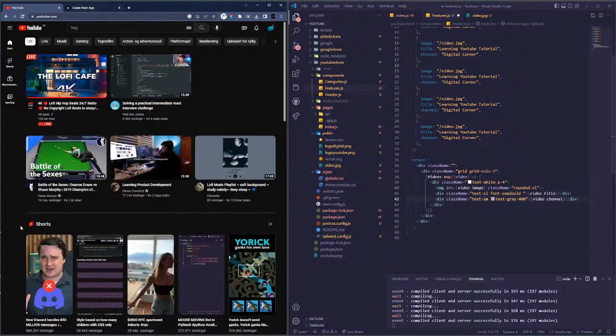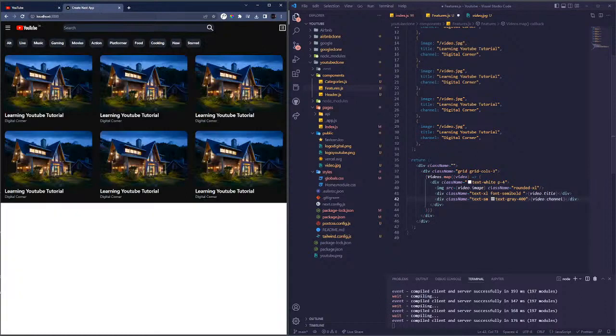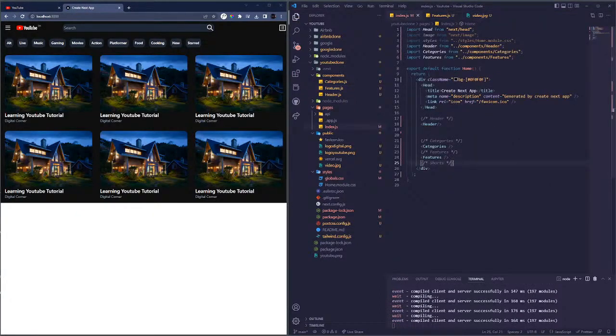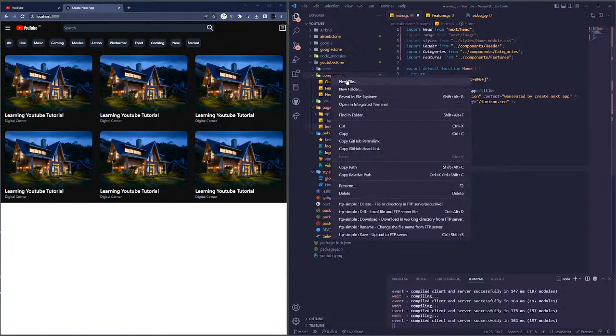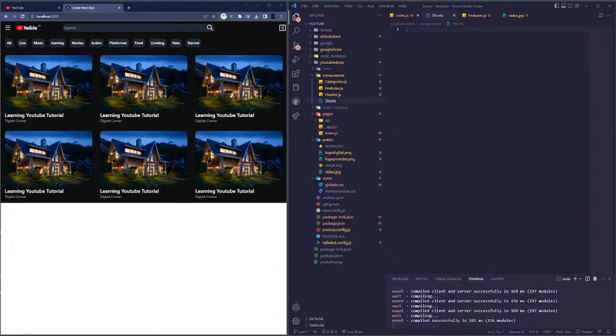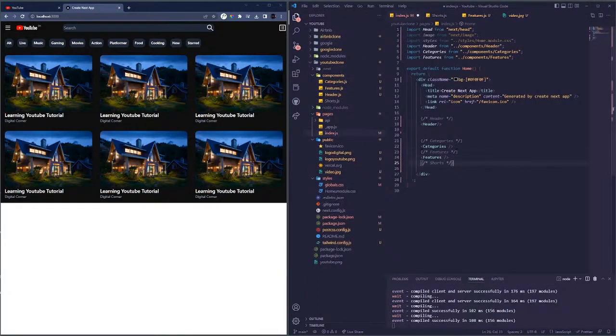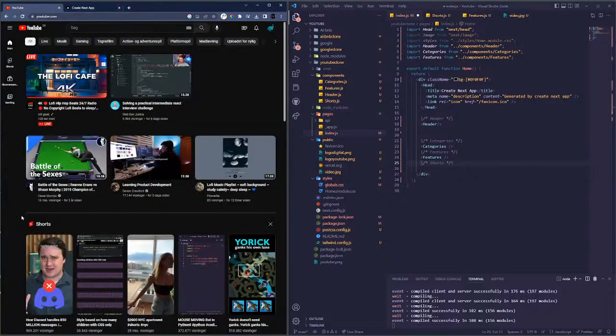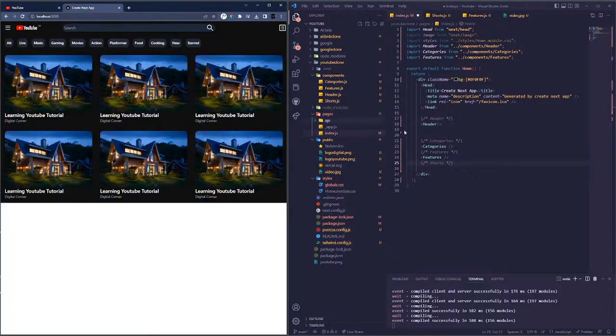Yeah, let's do this shorts one. It's pretty much the same, but I think it's good to practice the same stuff also. We create a component called shorts.js, of course. First of all, we go to the index. We want this line right here. We want it to be here, so we can do something like